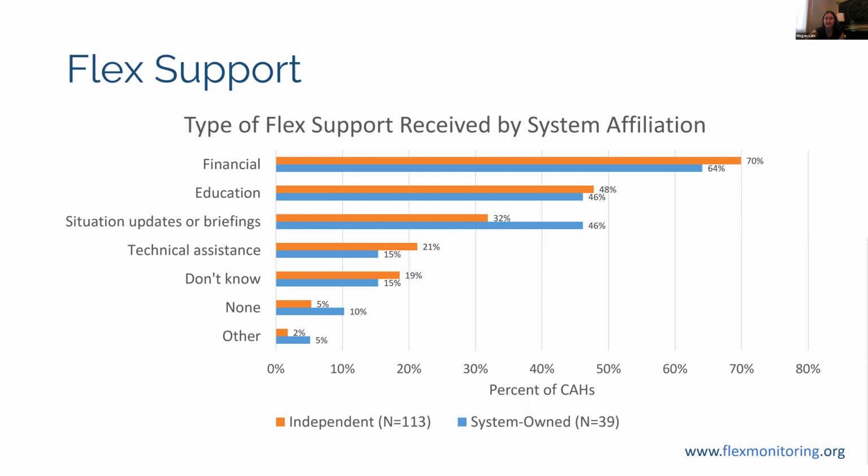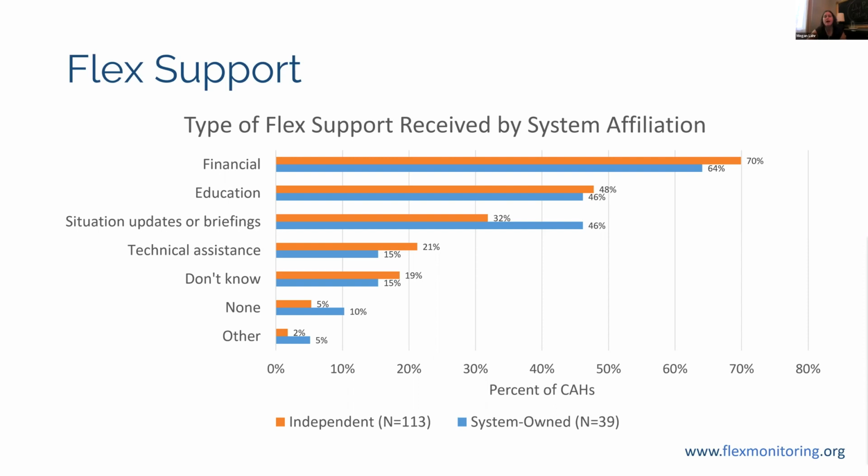And so we asked, in a multiple choice question, what type of support did you receive from your state flex programs? And got a lot of really good information. This is something that we're always trying to find out in our projects. How is this connected back to the flex program? And so here we see that financial was the response that we heard from the hospitals the most. The caveat here is we aren't quite sure, when you ask a large survey question, specifically what they meant